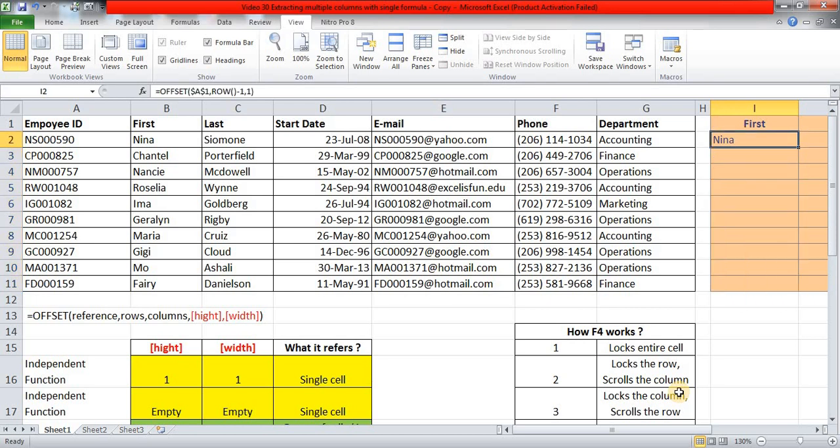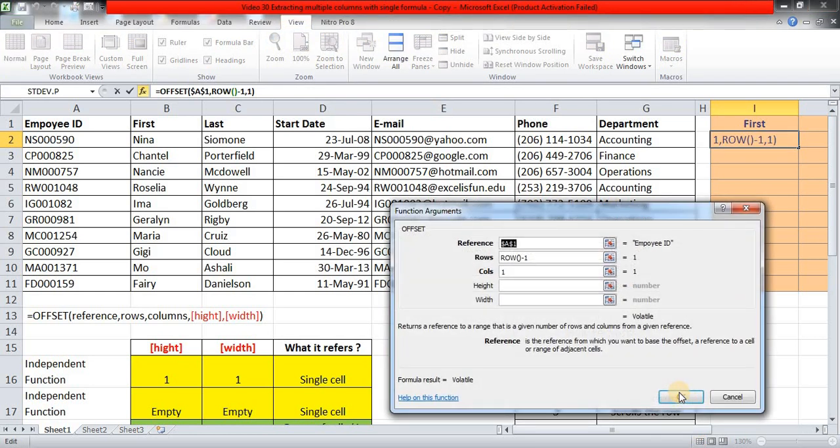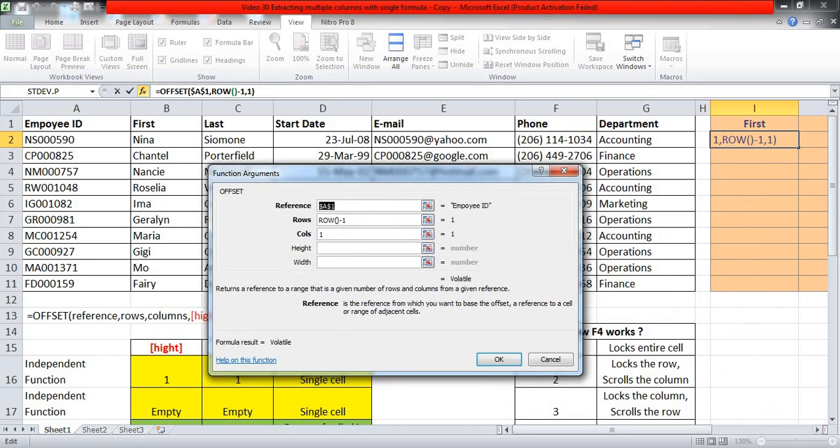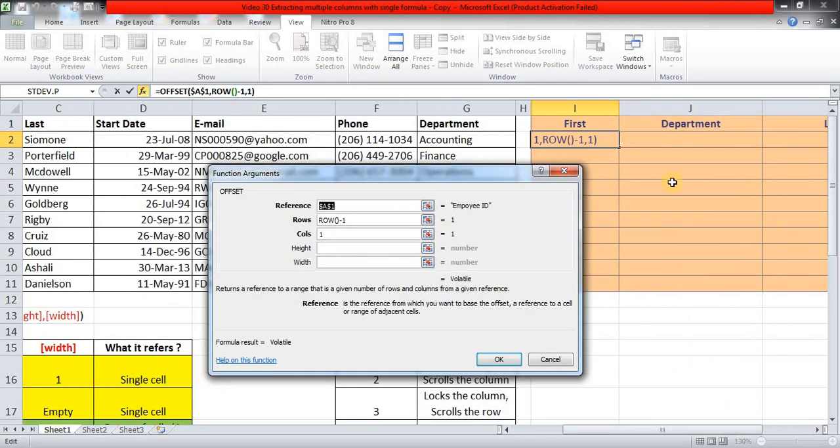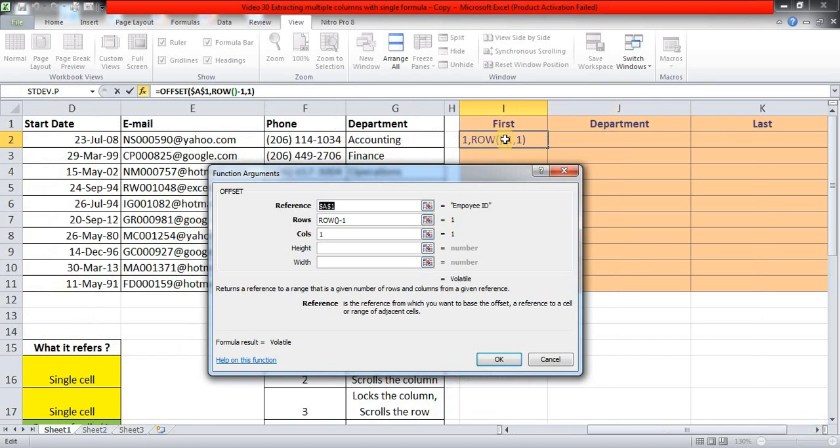Now coming to this column argument, again I'll press Alt I and F. Now this column argument basically depends on what we want. Now the next thing we want is a department. So as I copy this formula to its right, I want a department of Nina, then the last name, and so on. So I'm going to use match here.